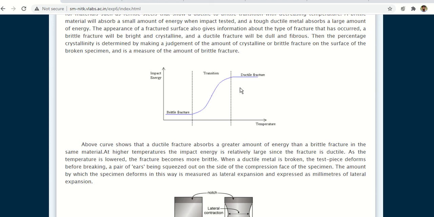If you were doing this in a lab, you would see that the temperature is higher for a ductile fracture. For a brittle fracture, the temperature is lower. This is the temperature absorbed by the specimen during the energy transfer. That means once the test is done, if you touch the ductile specimen, it will be really warm, really heated.